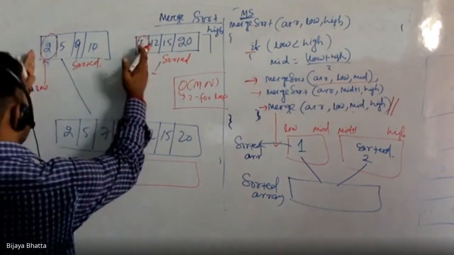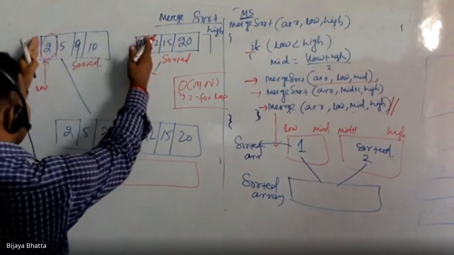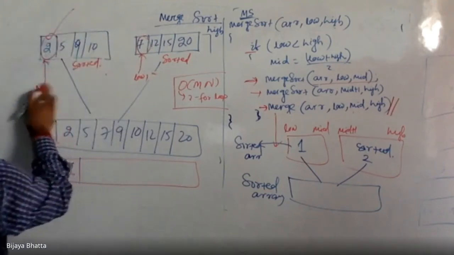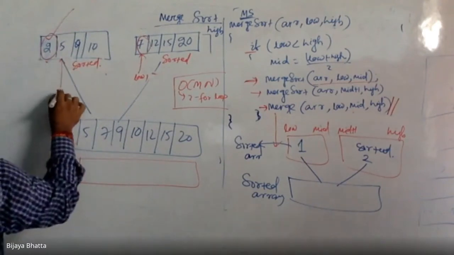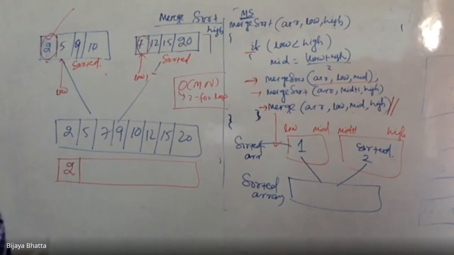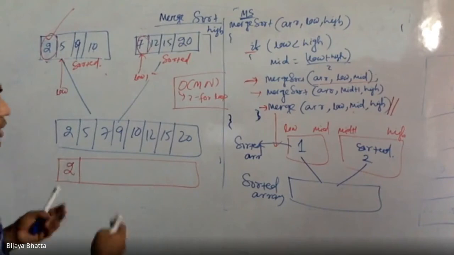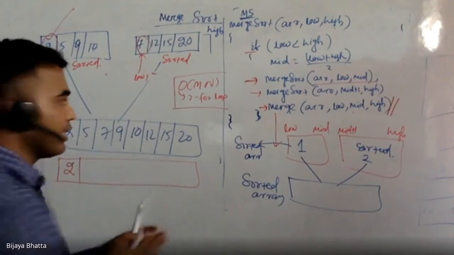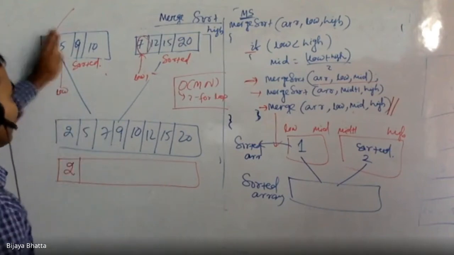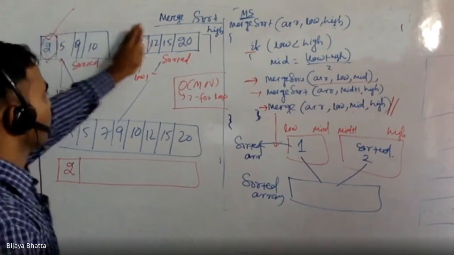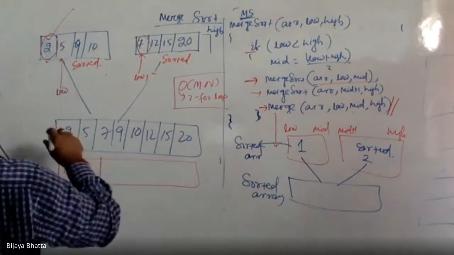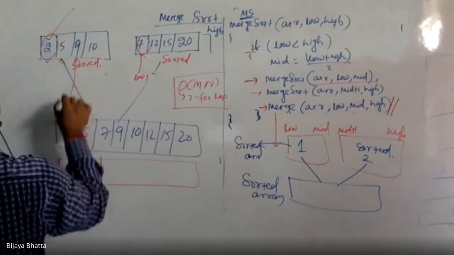So I kept two pointers here and here, and I just compared them. Once I see that this is the smallest, that means the processing of this element is done, so I can move this pointer. Now I am here, low. If you understand step number one very carefully, then all other steps are exactly the same thing. You want to find the next smallest element, right? Already the smallest element is gone, so definitely the next smallest element is either this one or this one. So you will just find the smallest between these two and put it here.